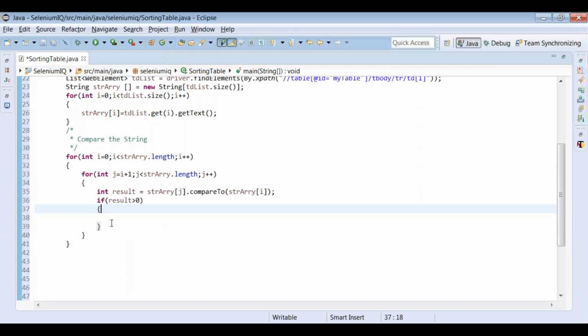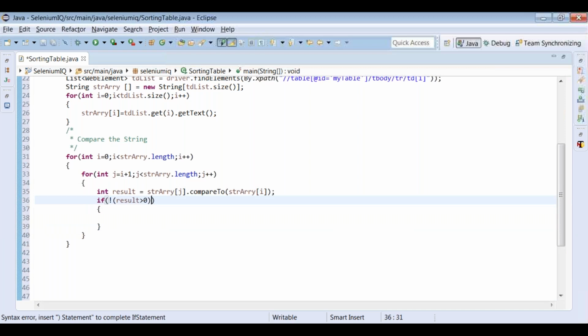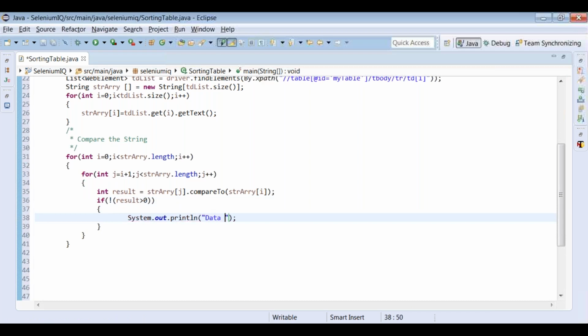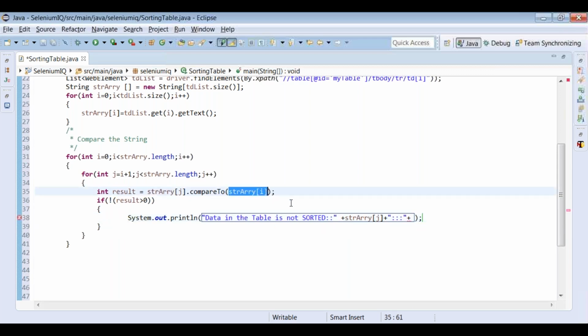For that reason, if result is not greater than 0, you go inside, and then we print here. What do we print? The data in the table is not sorted, and we can print the values also for understanding what are those values which are causing the data to be not sorted. And you can take str array of i.